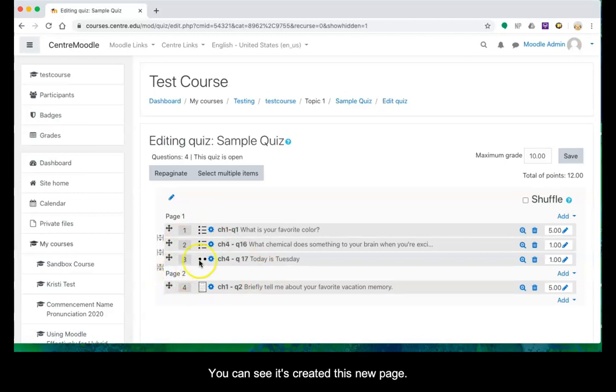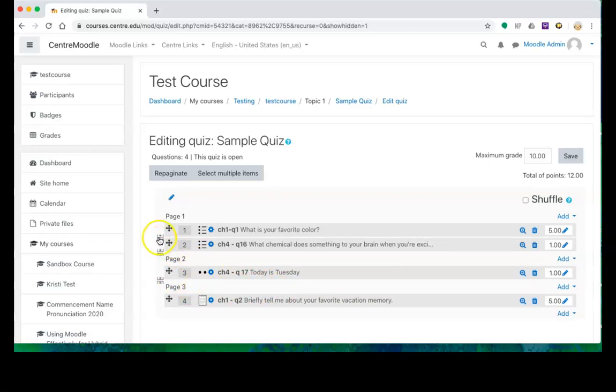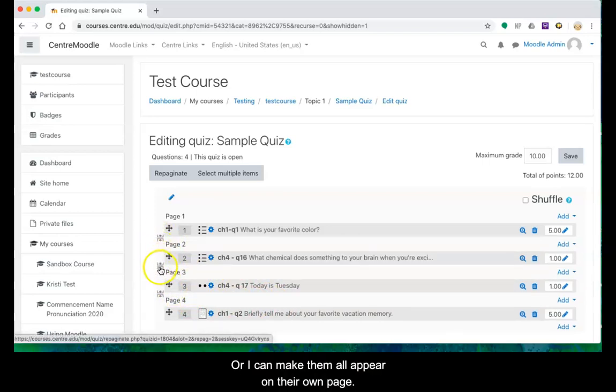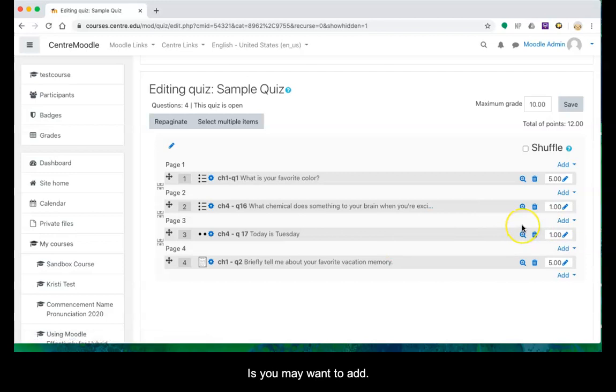And you can see it's created this new page. I can create pages in between each one, so each one's on its own page, or I could make them all appear on their own page. Another helpful thing you can do is, particularly when you're teaching remotely, is you may want to add